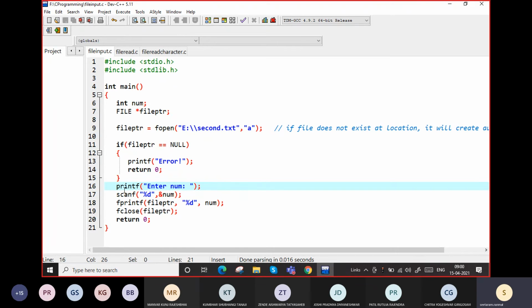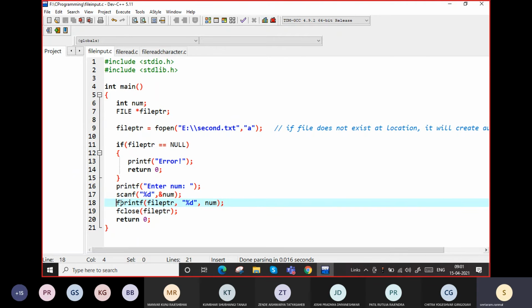What we did, we have taken this from the user and written it here. If you want to write some string there, like printf, using the printf we are writing here, right?